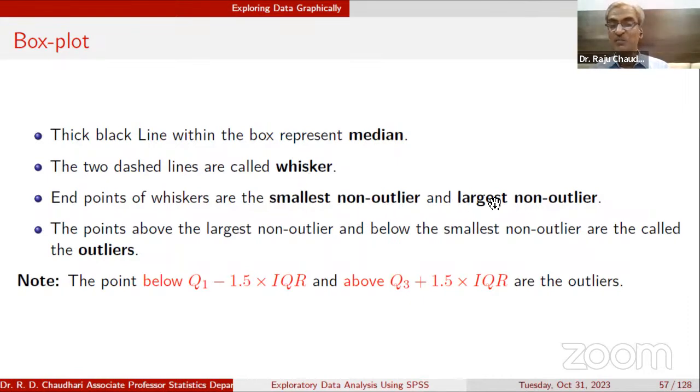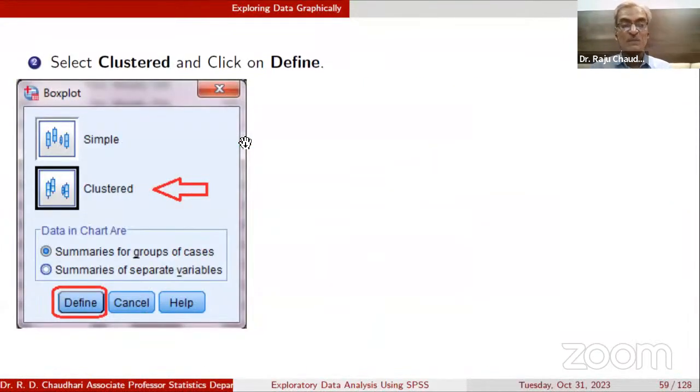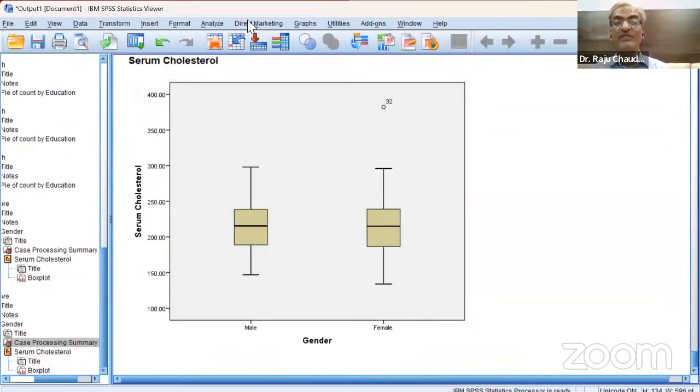Median, then whisker, smallest non-outlier, largest non-outlier, right? Okay, now the cluster box plot, right? So in the cluster box plot, what we can do, we can